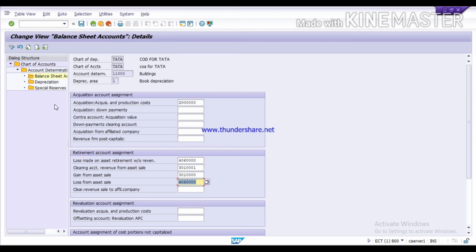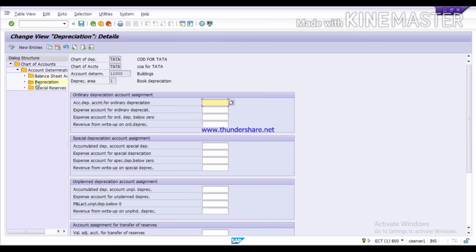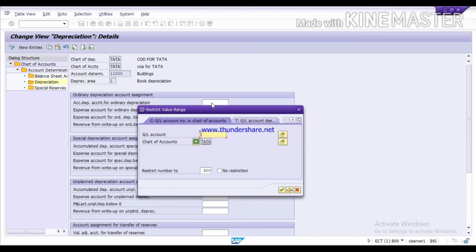Now the next step is to click on depreciation. Now here you need to assign the GLs for depreciation. First is ordinary depreciation account assignment. In the first column you will see accumulated depreciation account for ordinary depreciation. So press the F4 key.